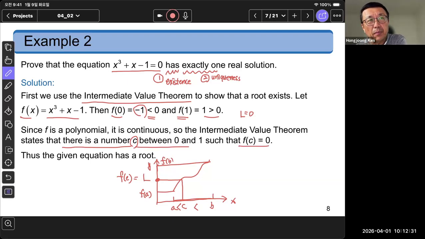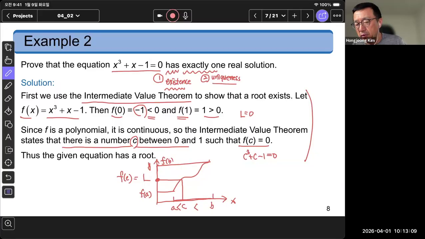Then what does that mean? That means at point c, c cubed plus c minus 1 equals 0. That c is one of the solutions. So the intermediate value theorem guarantees the existence of a solution. Then how can I prove that there is only one solution? For that purpose, I want to use Rolle's theorem. To show the uniqueness,